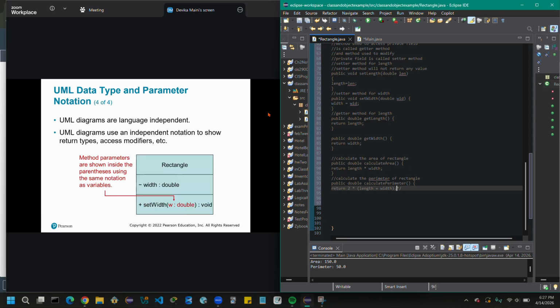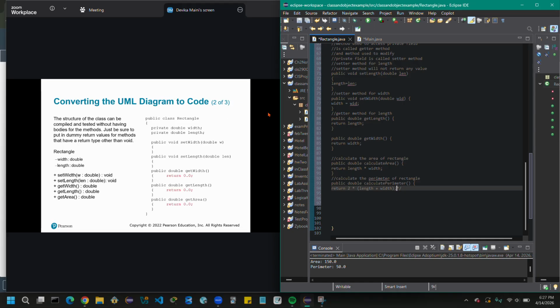I'll show you the last one. That is converting the UML diagram to code. If you observe on the top, there is a Rectangle, width, length, with data types mentioned, setWidth(w: double): void.